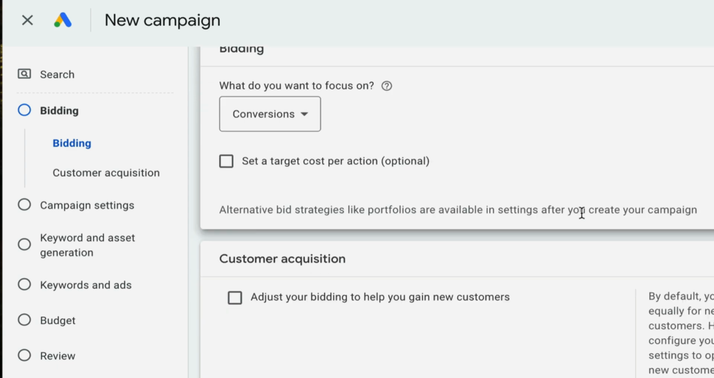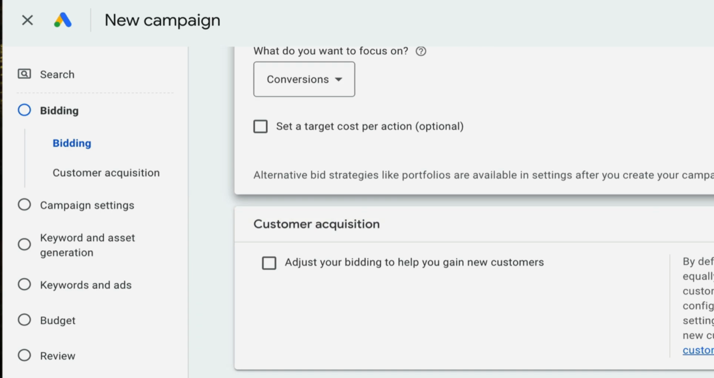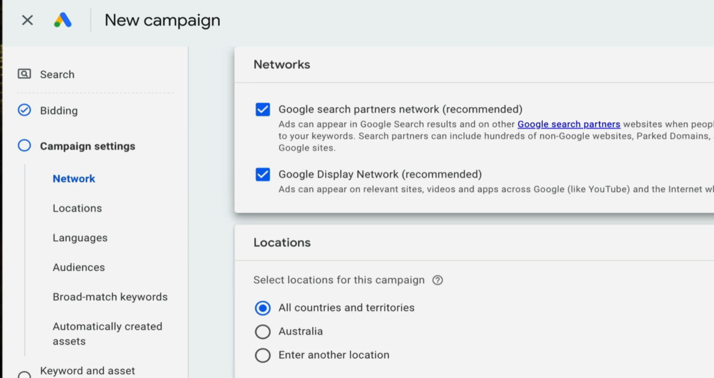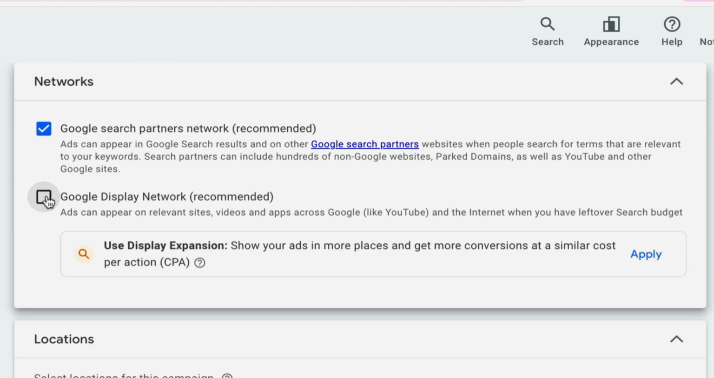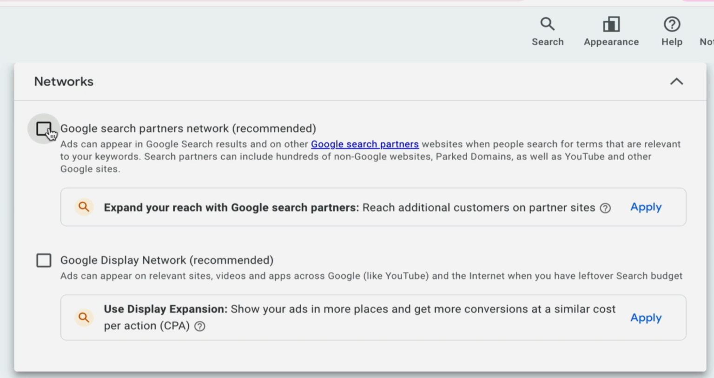So we'll just leave this as is for now. And I'm going to leave that unchecked for now. So this is a very sneaky setting by Google, as I mentioned before, with one of the Google gotchas. So we want to deselect the display network, and we want to deselect search partners. I actually find there's a lot of spam with search partners. So I deselect both, which means that this will be a search network